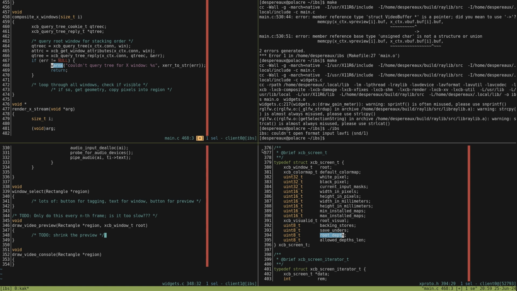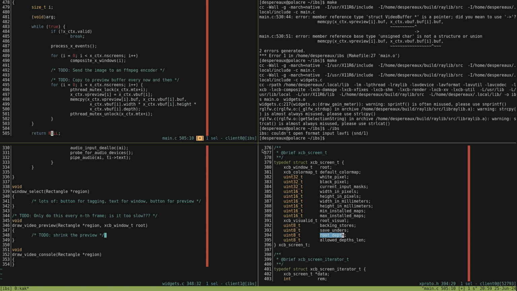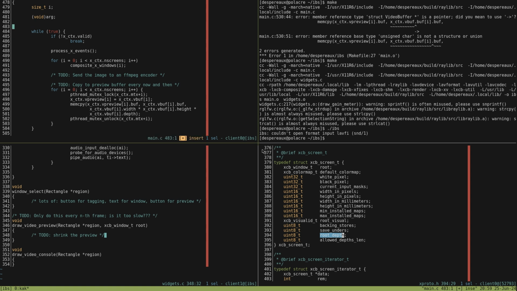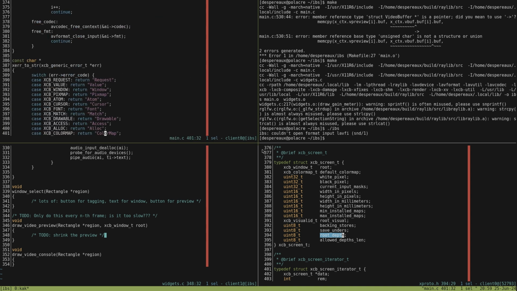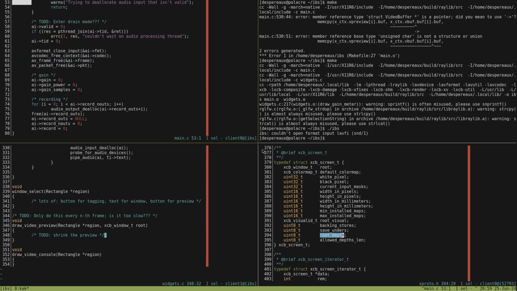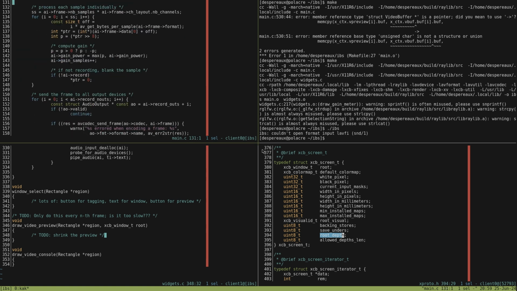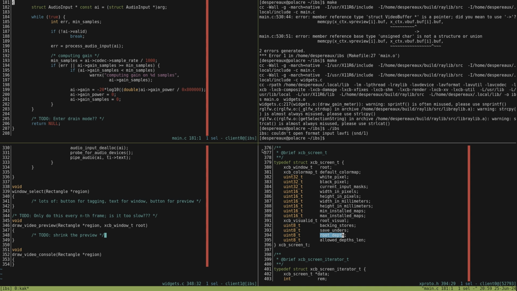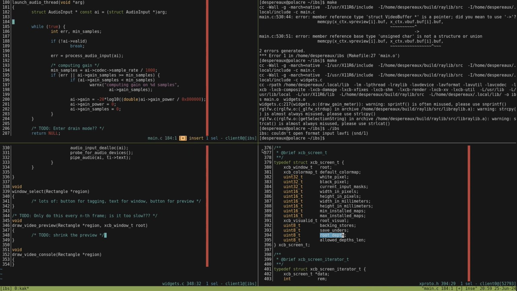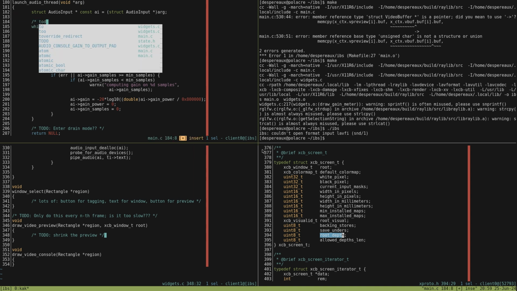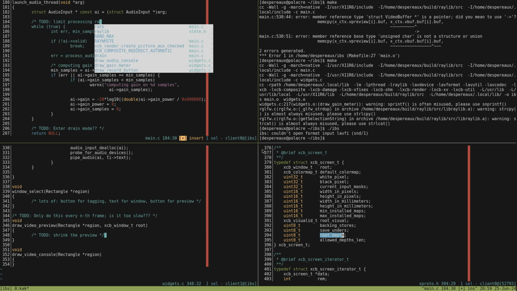I think I want to make that a warning. I think if we skip compositing for a frame or so, that's not so bad. We maybe also want to potentially limit frame rate. I can't imagine that'll be an actual problem for us though. Do we do that here? We do not. Limit processing rate.